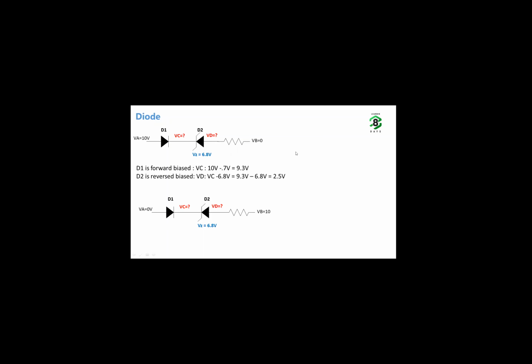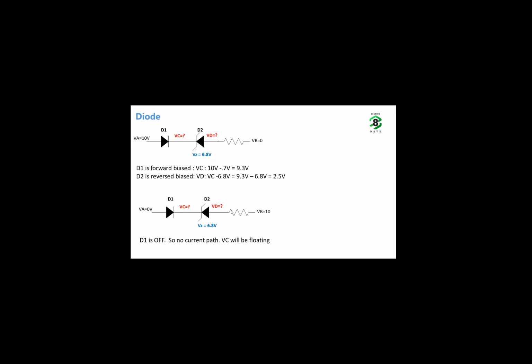The point we are trying to emphasize here is, as long as you are very clear about the characteristics of the diode and the Zener diode, in GATE, I'll share a GATE question, it comes as a permutation and combination of diodes and Zener diodes along with some other concepts. And as long as you are very clear about the concept of diode and Zener diode, you should be able to solve it very quickly. So in the interest of time, I'll just quickly go over to the second solution.